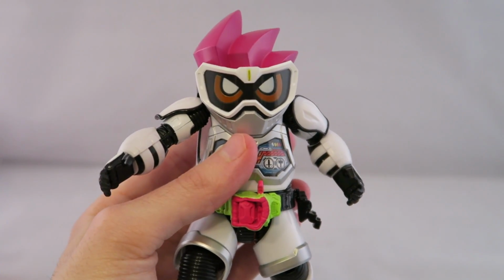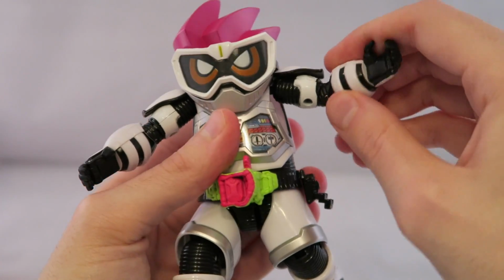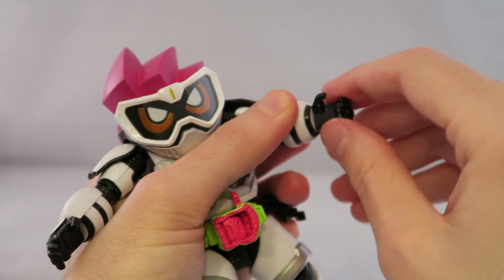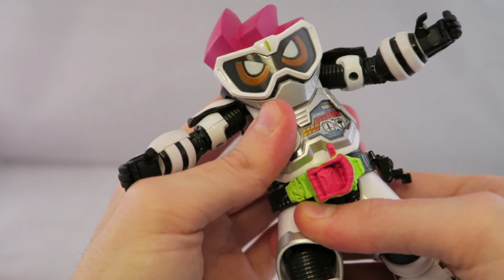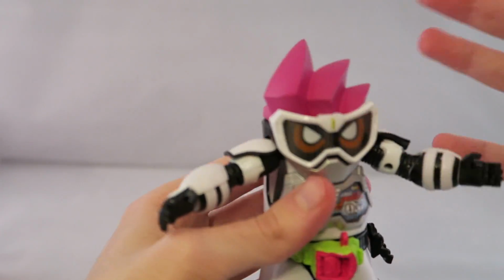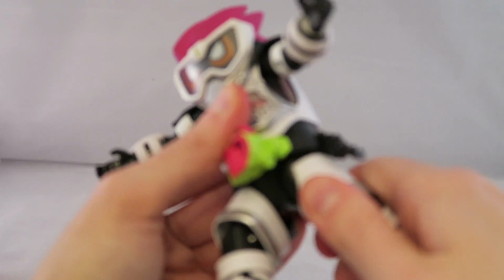Articulation-wise, he basically has as much as they could get for this figure of the normal articulation build of these. You got a nice all-around movement here. You have a single elbow joint. You got some swiveling at the fist as well. I already showed off they got those little joints there. There is swiveling at the waist here. There's not really any other mid-joint or anything. I don't think there really would be. You can't really move the head because it really wouldn't work in this form because it's always stationary. And then you have the little leg joints here, which actually do move back and forth pretty decently